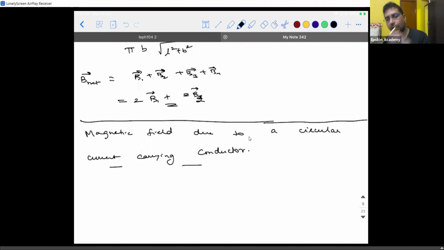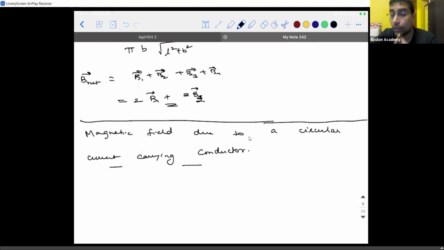Now comes an important question. For every circle, there is a point at the center. Correct? Every circle has a center. So from the center, if you draw a line perpendicular to the plane of the circle, then that is called the axis of this circle. Guys, are you able to understand what is axis? So every object will have a natural axis. If I put this object into rotation, then the axis of this ring or the circle is going to be in this direction. Are you able to visualize it? It is something like this. This is the axis.